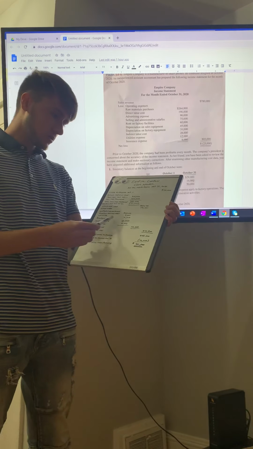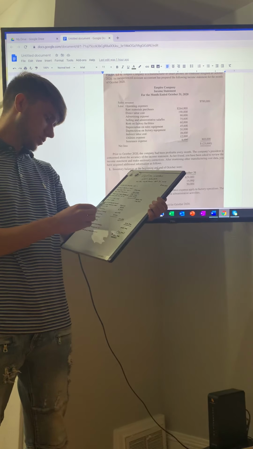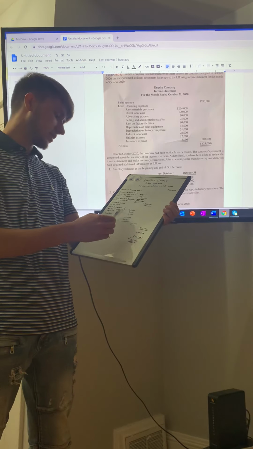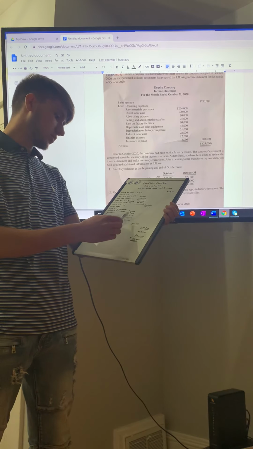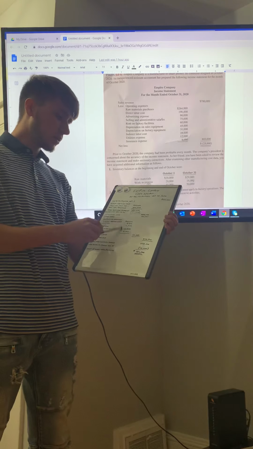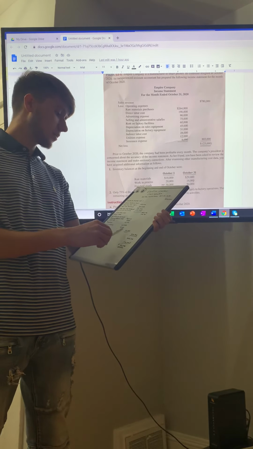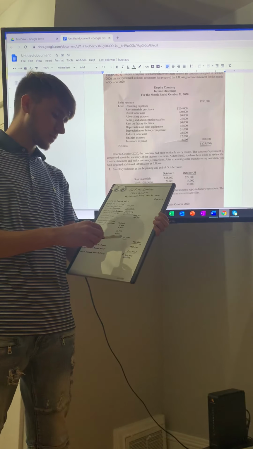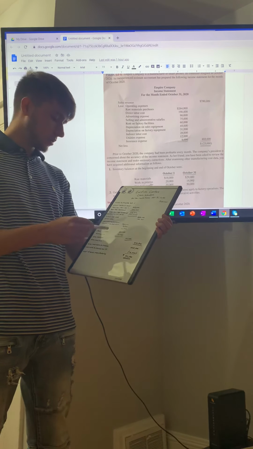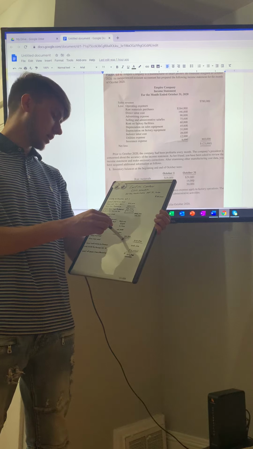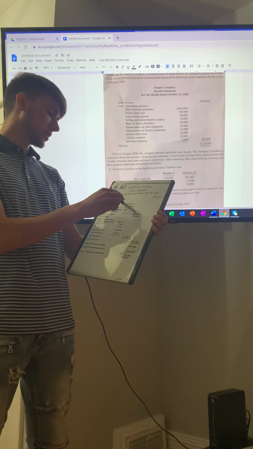Then you have insurance, rent on factory, which is $60,000, then depreciation, which is $31,000. You add all those up, and that'll give you your total manufacturing overhead, which is $132,800. If you take all your costs, you take your overhead, add your labor, and add your direct materials,